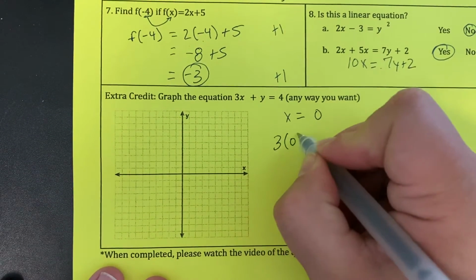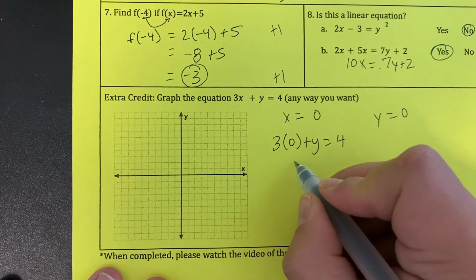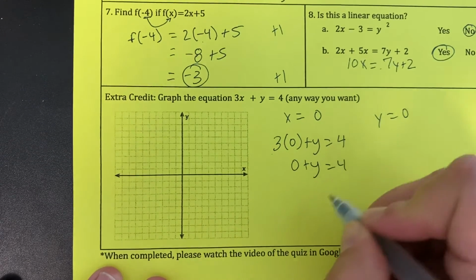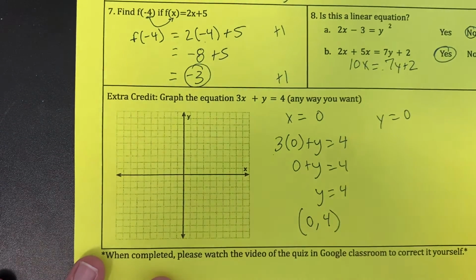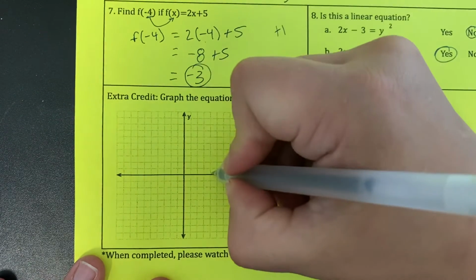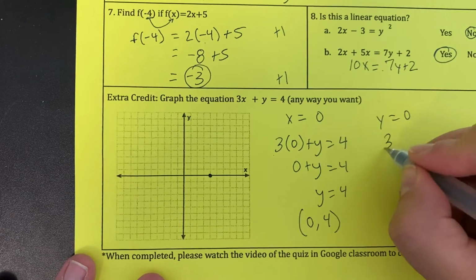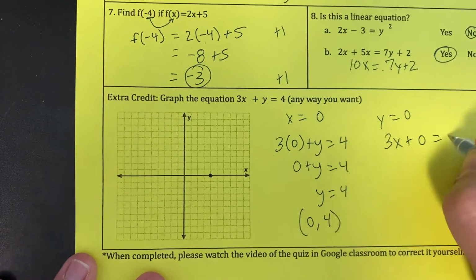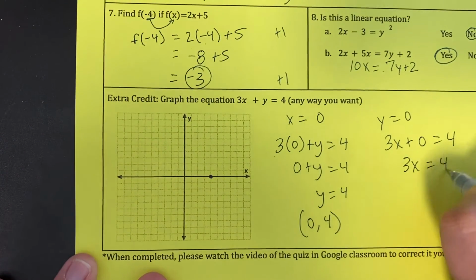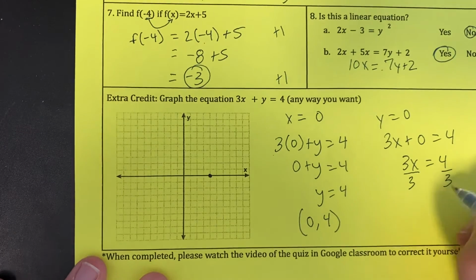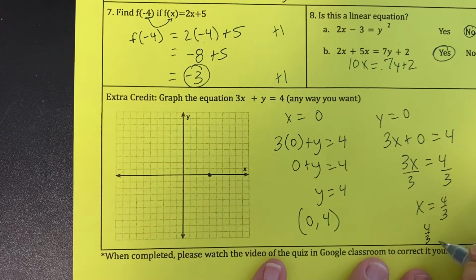So when x is 0, that becomes 3 times 0 is 0 plus y equals 4. So y is going to equal 4. So at point 0, 4, I have a point. So 1, 2, 3, 4. Here's a point right here. Okay, I'm going to plug y in for this one. So 3x plus 0 equals 4. Anything plus 0 goes away. So x is going to equal 4/3. So we'll have 4/3,